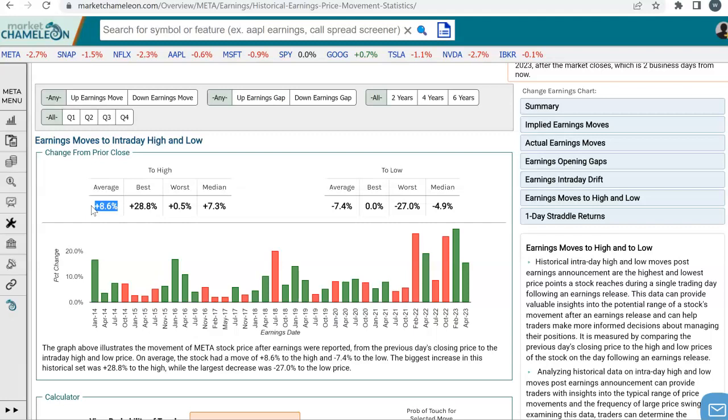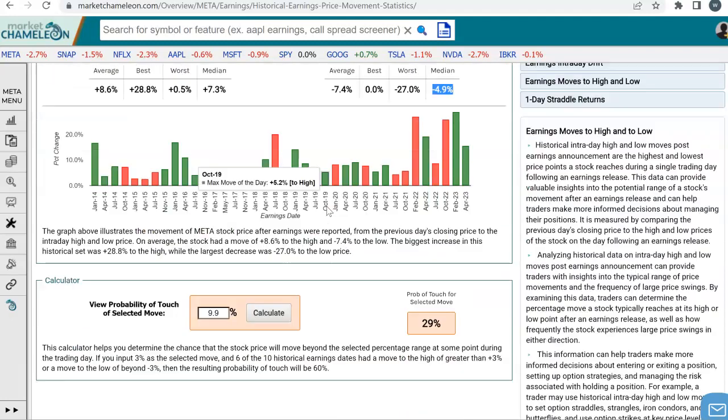The worst move to the downside was negative 27%. So kind of close. We could see that Meta can move, and sometimes very violently, after earnings. And the median move to the low is 4.9%. So if we come down here